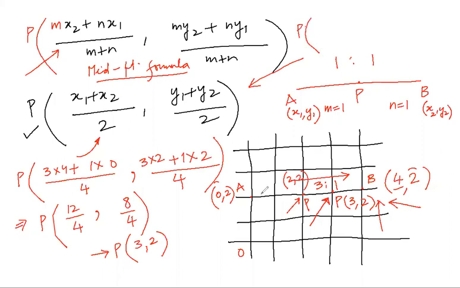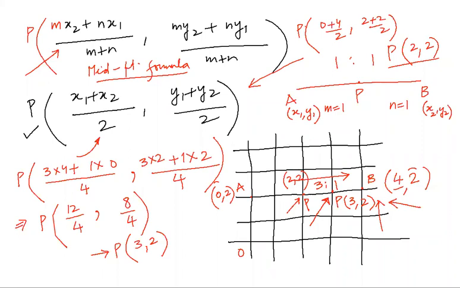Midpoint formula says the coordinates of P are x1 plus x2 by 2. So what is x1? x1 is 0, x2 is 4 by 2. Y coordinate of P, which is the midpoint of AB, would be y1 plus y2 by 2, that is 2 plus 2 by 2. So see that this is 4 by 2 is 2, again 4 by 2 is 2. So we can say, students, that midpoint formula is also derived, right? So students, why not we do one or two numericals based upon this?